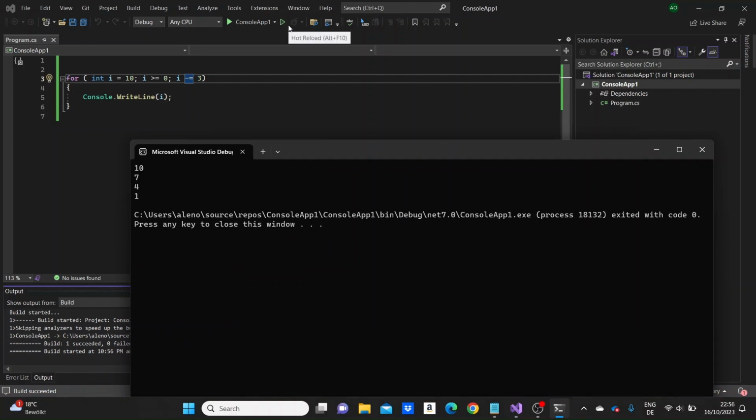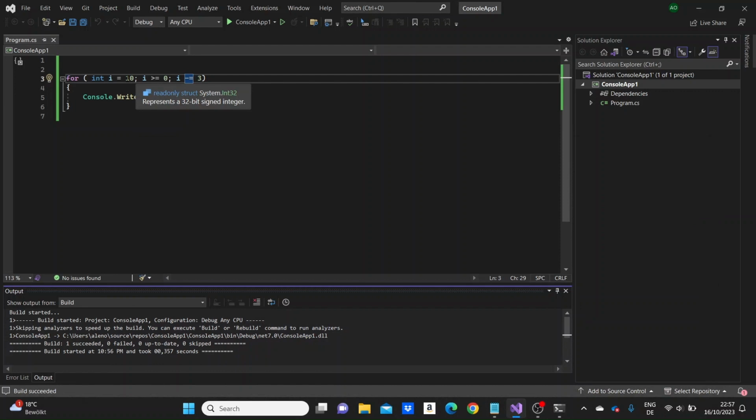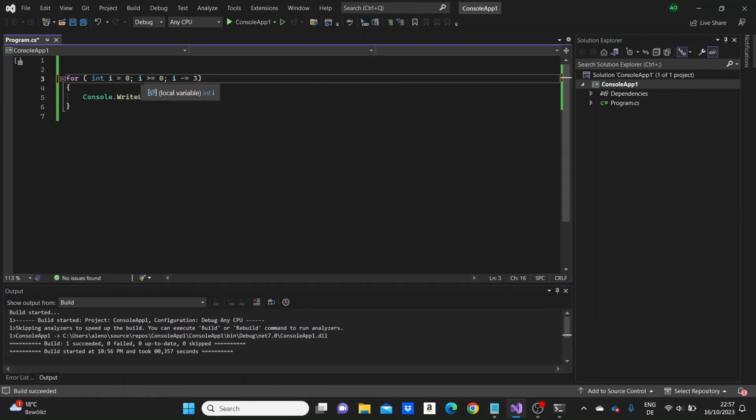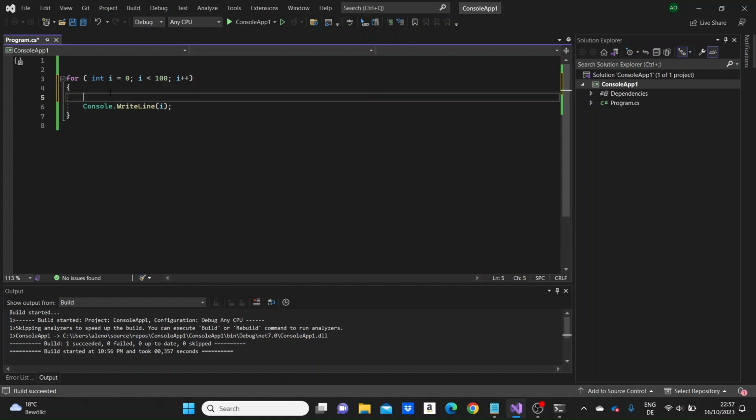Many different mathematical problems can be solved with the for loop. Let's say, for example, we want some specific information from a list of 100 numbers. I'm changing this again, so I'm taking numbers from 0 to 100, and I'm incrementing the value of i after each iteration. And, for example, we can use an if statement inside the for loop to get some specific information. So if we want numbers that can be divided by 4, we can write here i modulo 4